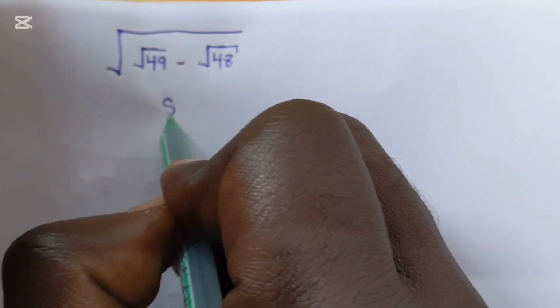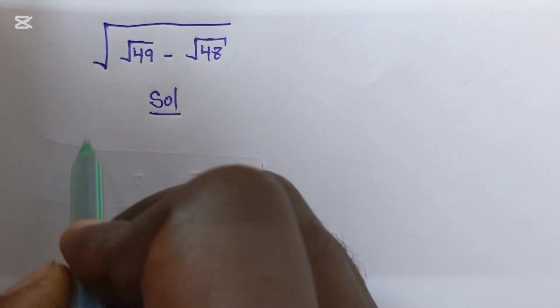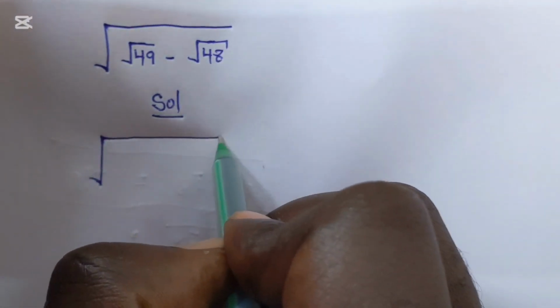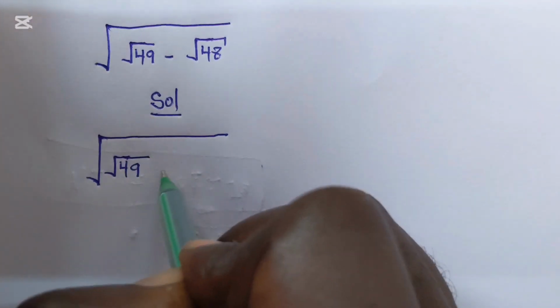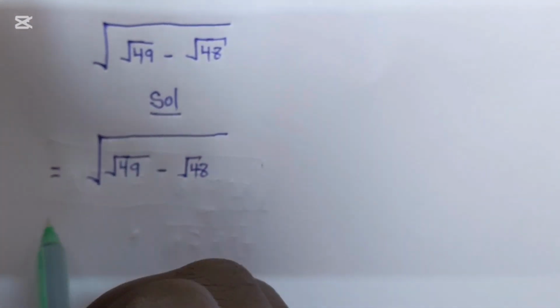Let's provide a solution to this question provided quickly. Let's copy what we have. We have square root of 49 minus square root of 48, and this is equal to